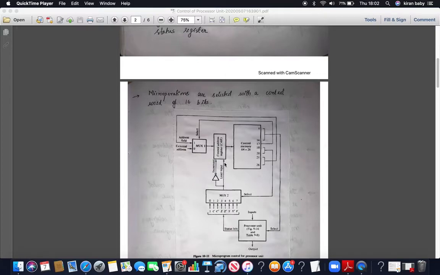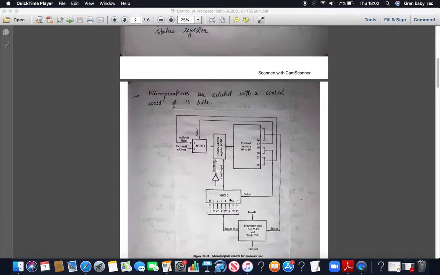If 1 is given or selected as the multiplexer entry, what it means is to load an input from an address field or from an external address. So if 1 is the selection bit selected here, the meaning is that the control address register needs to be loaded with an external address or with an address field.